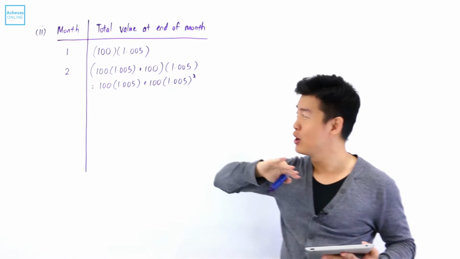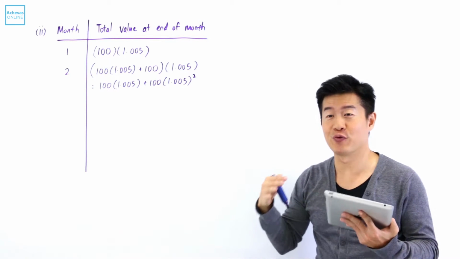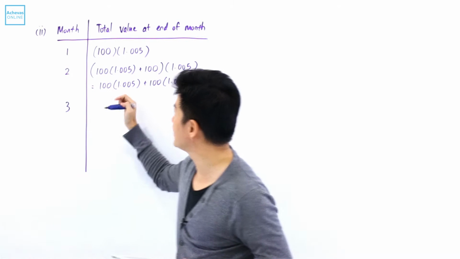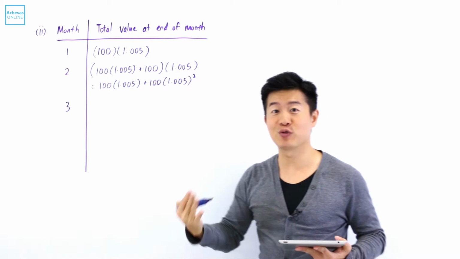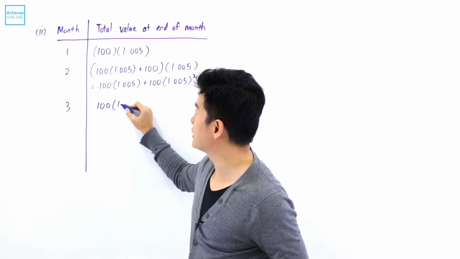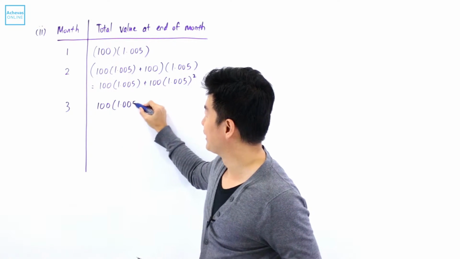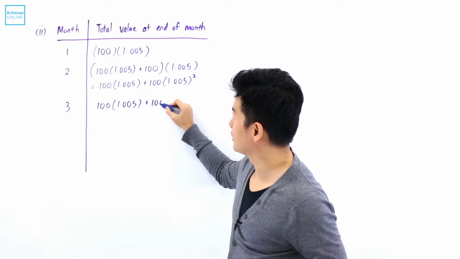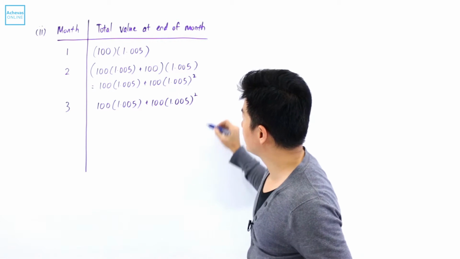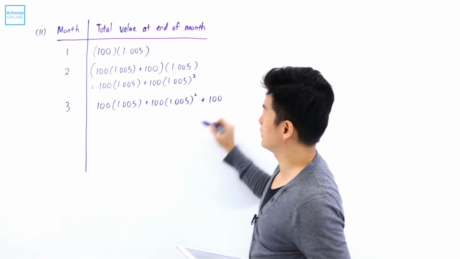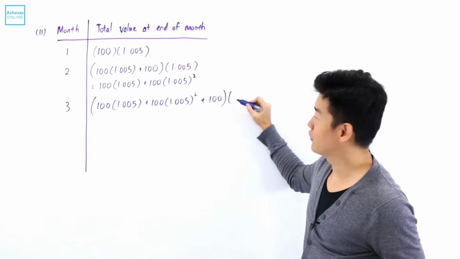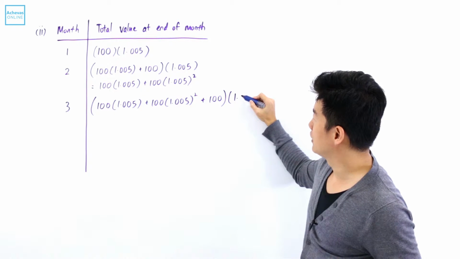Let's try one more row to verify that it is really a geometric progression, because it's usually good to see the pattern appearing at least 3 times. So this is the amount that Mr. B is going to have, not me, at the beginning of the third month. He's going to add in another $100, and by the end of that month, he's going to get an extra 0.5% in terms of interest, so